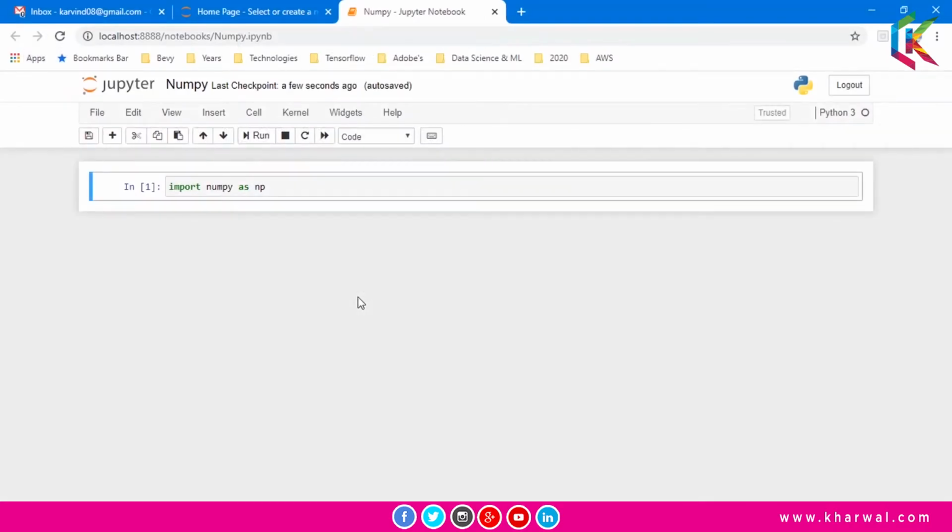So guys, now we are going to access individual elements by indexing and groups of elements by slicing. I have imported NumPy as np and now I am going to create a two-dimensional array by using NumPy. So let's do this.